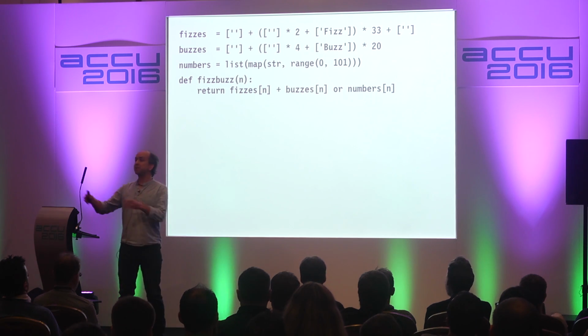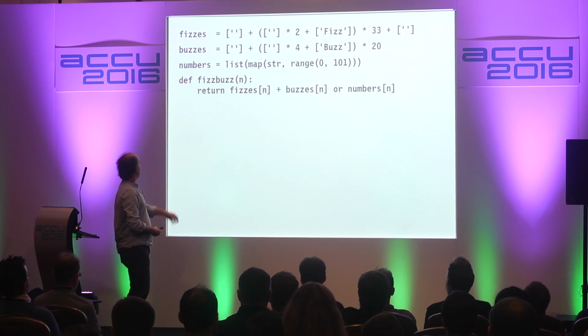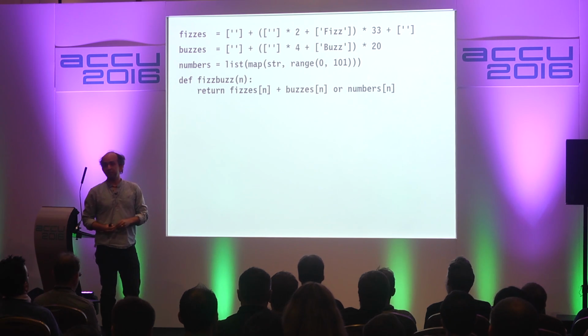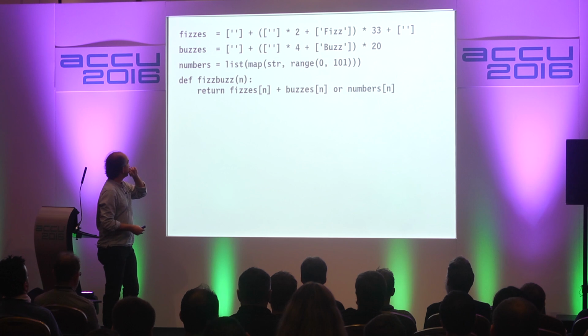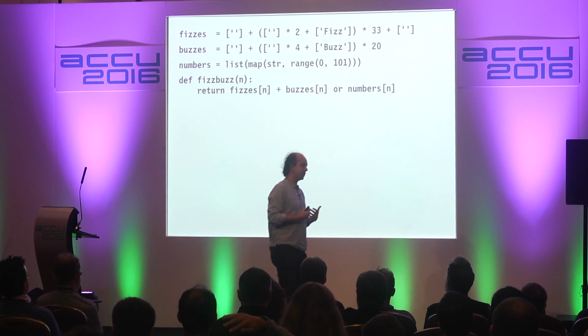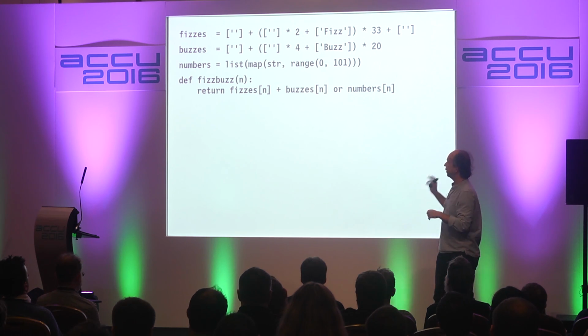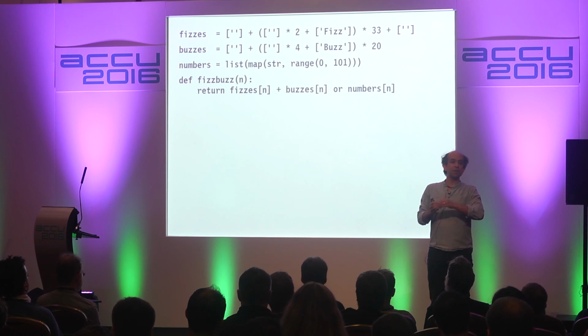Now I'm going to collect all the buzzes that I need. Here are all the fizzes you need. Here are all the buzzes. And then all the numbers. I'll have all the numbers, thank you very much, up to 100, stringified. I'm going to use a map operation. Interestingly enough, the lazy thing does actually carry through here. I've had to explicitly tell Python, please, I'd like this as a list. I'm using Python 3 here. I'd like this as a list, because map doesn't actually